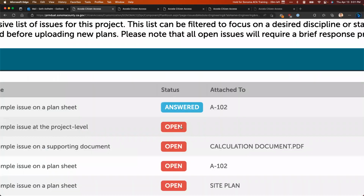I am only able to provide responses or edit responses when an issue is in a status of open or answered. So if I've answered one, if I have not yet submitted my resubmittal just yet, I can click on it and update my response. But it's only in open and answered status am I able to provide those